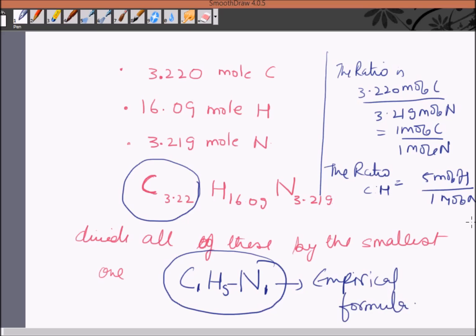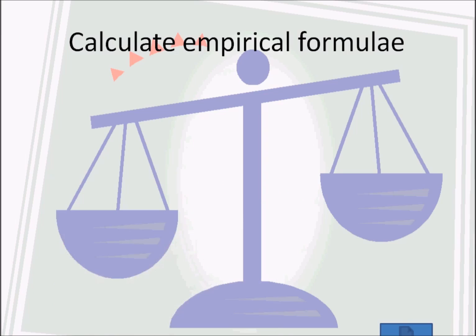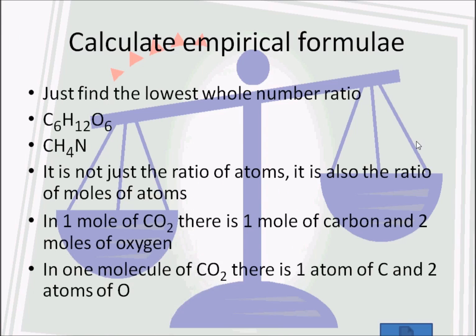I hope after following these steps you can also find the empirical formula for many numerical problems by yourself. Just follow these few steps, and you can get the appropriate answer. So you just have to find the lowest whole number ratio of, for example, C6H12O6. What is the lowest whole number? It can be 6. So divide by 6. You can get